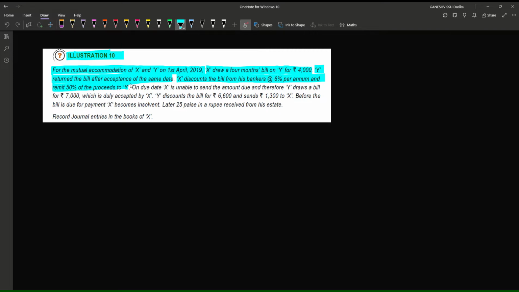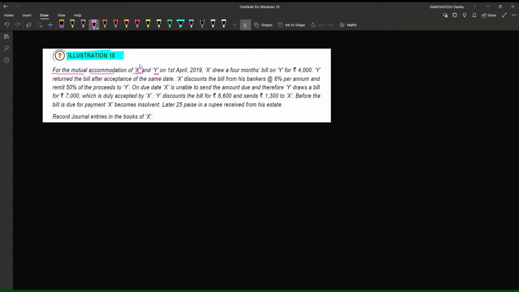up to here we shall understand the concept. Up to here, the concept is not there actually. We have to understand the situation, what is happening. Let me erase this one and give you some clarification. For the mutual accommodation of X and Y, in order to have some finance for X and Y, what